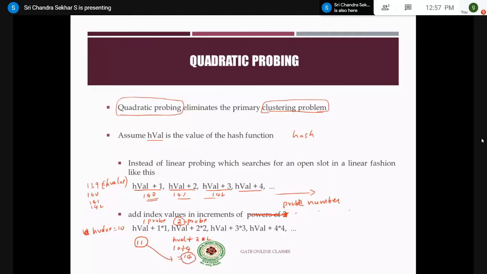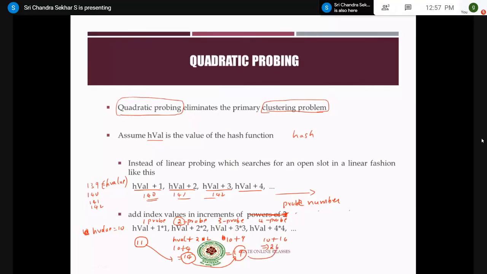Assume that 14 is also occupied. Therefore, you go for the third probe: h value plus 3 star 3, that is 10 plus 9, which is 19. After 14, you search 19. The fourth probe is h value plus 4 into 4, that is 16, so 26.